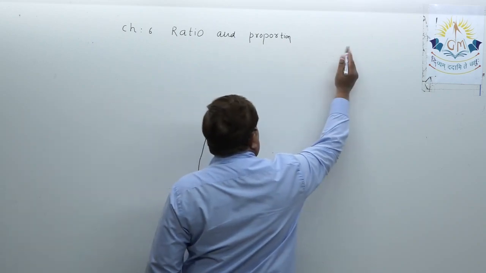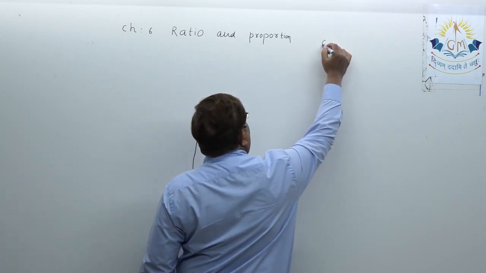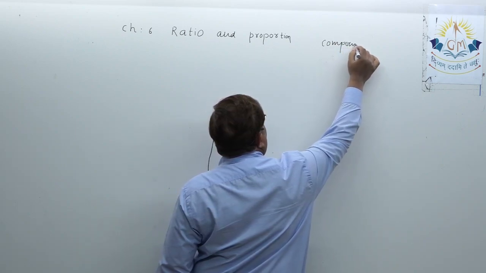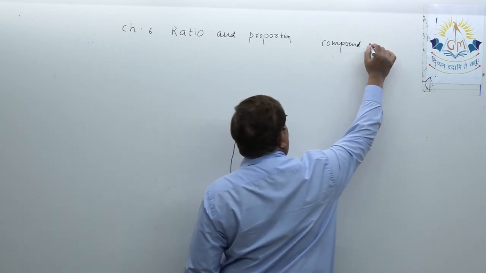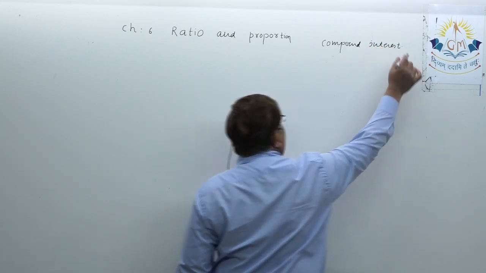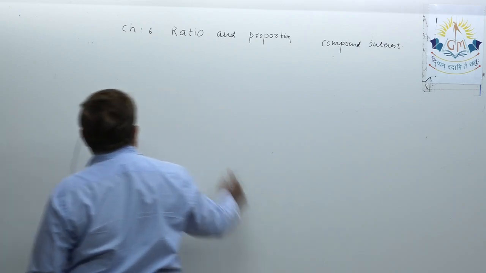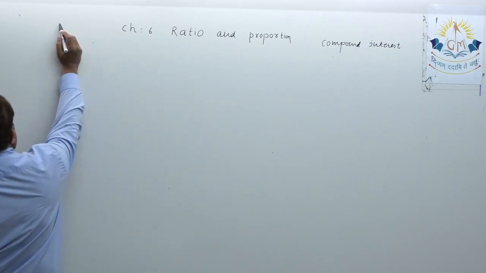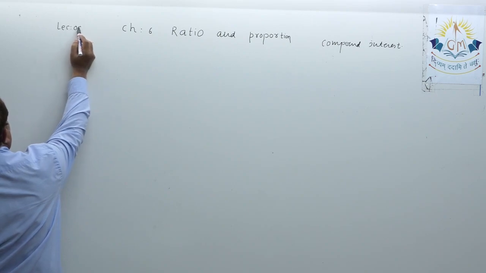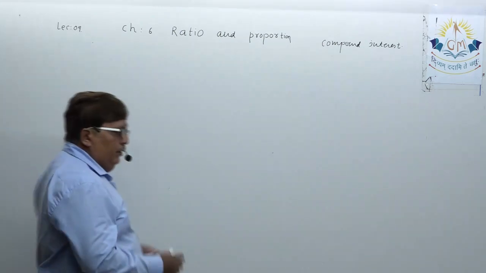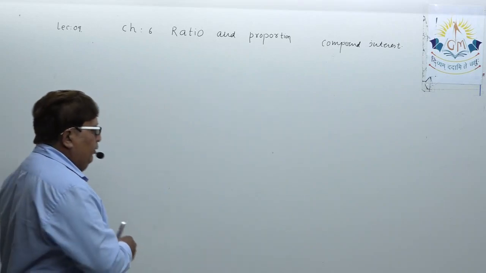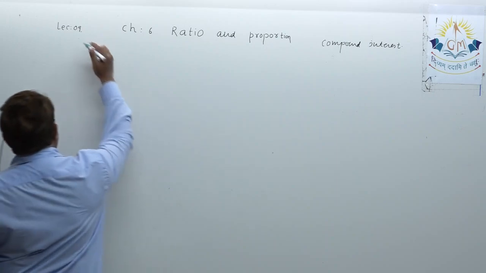We are targeting specifically in this chapter, out of all the topics, the topic of compound interest, and today we are taking lecture number 9, where we are going to solve examples based on